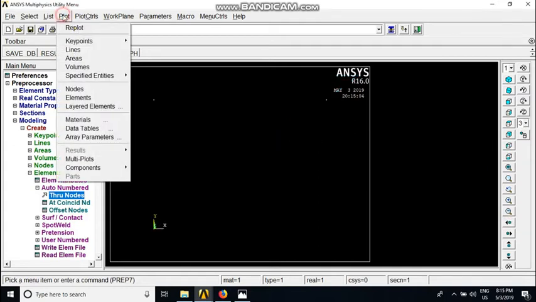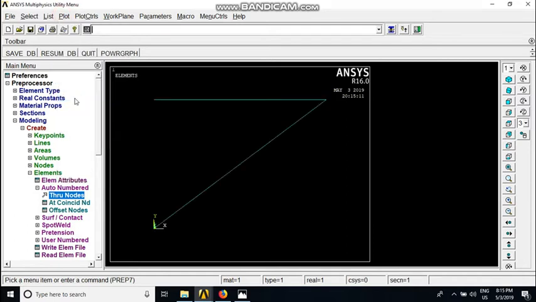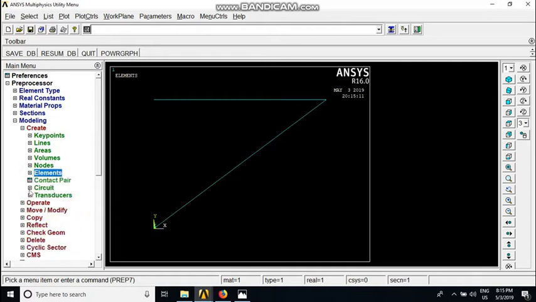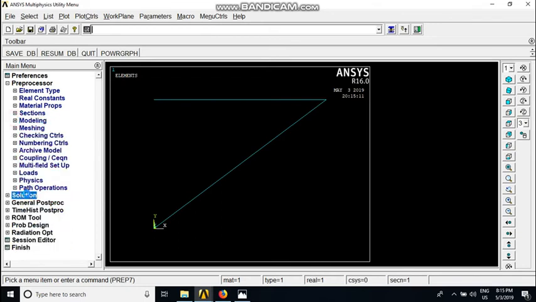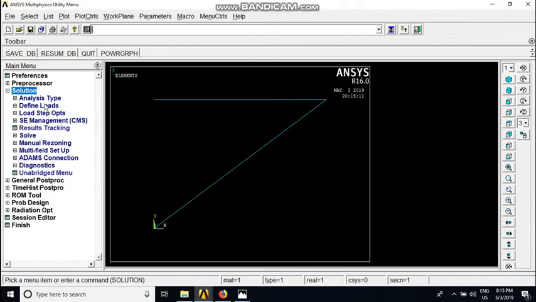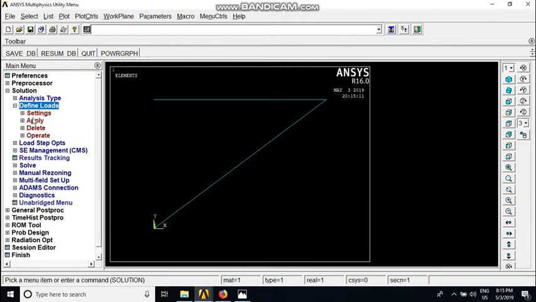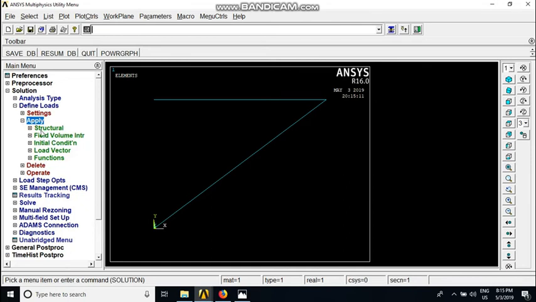Okay, and that will be visible. Yeah, these are the elements that we have created. Now there is no need to mesh here because directly we have created nodes and elements. Now I'll simply apply the boundary conditions, and first let me apply the constraints,